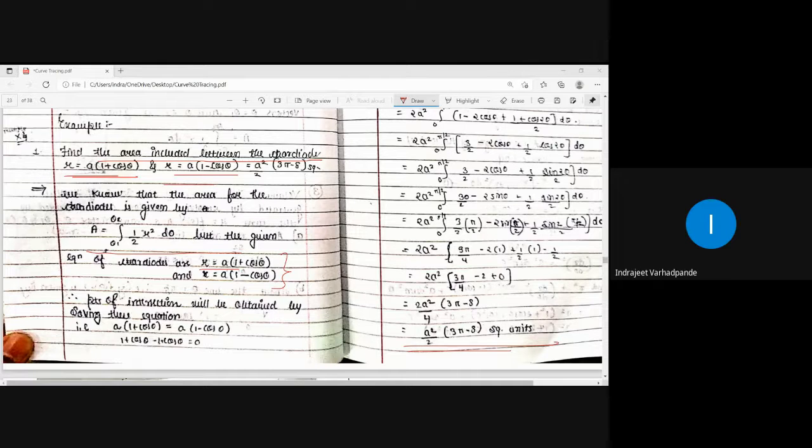What will be the value of r square? A square into cos 2 theta. So if the area is to be obtained for the lemniscate of Bernoulli, it will be half r square d theta. R square is a square cos 2 theta. So accordingly you can simplify and